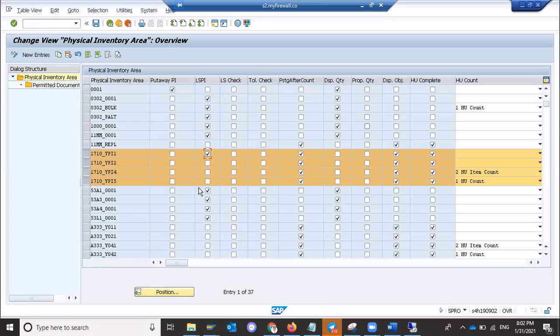But nowadays it is very difficult to plan at the start of the year which product we will do this physical inventory for, because the customer's demand is changing so much in nature. So most of the people are doing ad hoc counting. Cycle counting is very difficult because we have to plan in advance, right?